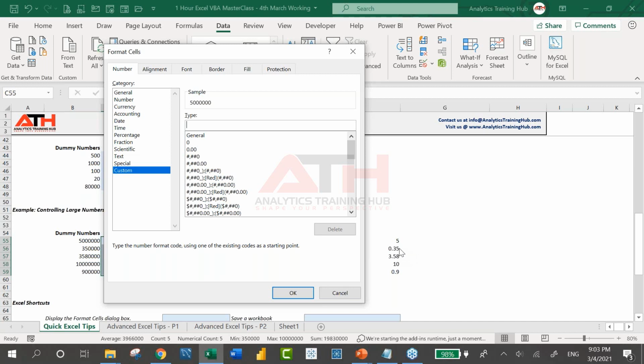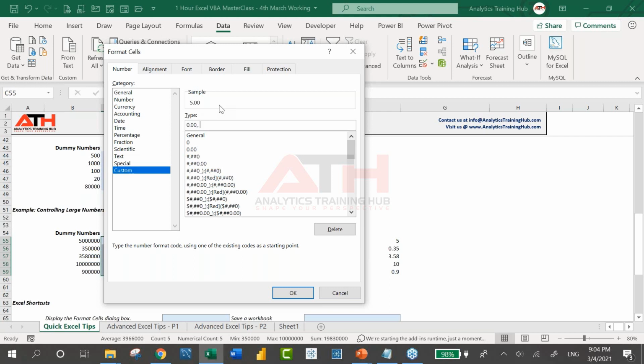So I will be keeping 0 here, and then I simply use a decimal point and use 2 zeros to ensure that I'm going to get 2 decimals. 1 comma will take away 3 digits from the right side of the integer value. Another comma will take away another 3 digits. Now my figure has been converted into million, the nearest multiple of million.